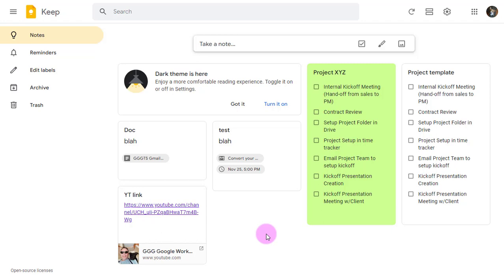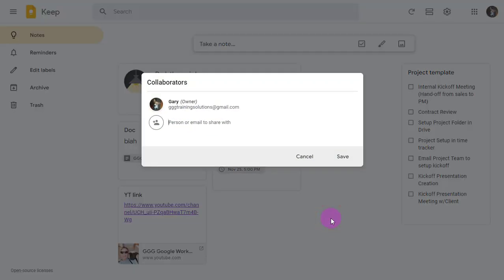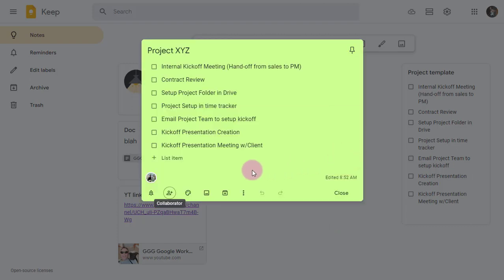So what I can do is hover over my note, and in the lower left corner at the bottom of our note, we will see those action icons, and you'll see the share icon like you're used to seeing in Google Drive. We're going to click on that, and we're going to add a person's name. It could be someone's email address. In this case, I'm going to add a coworker. We'll click on Save. And now in the lower left, I'll see their icon letting me know that this is